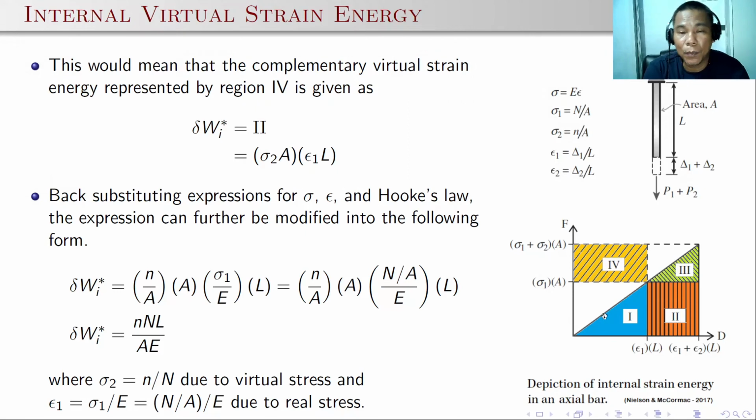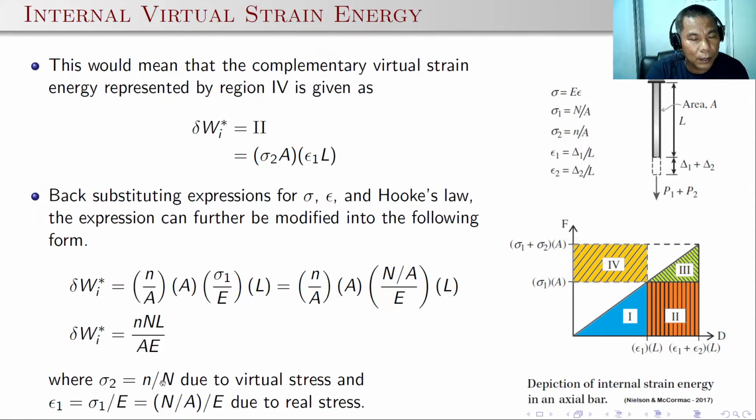This would mean that the complementary virtual strain energy represented by region 4 is given as this one, region 2. So delta Wi asterisk is equal to region 2. That's sigma 2a times epsilon 1 times L. If we back substitute expressions for sigma and Hooke's law, the expression can further be modified into the following form. Delta Wi asterisk is equal to sigma 2, which is small n over A,